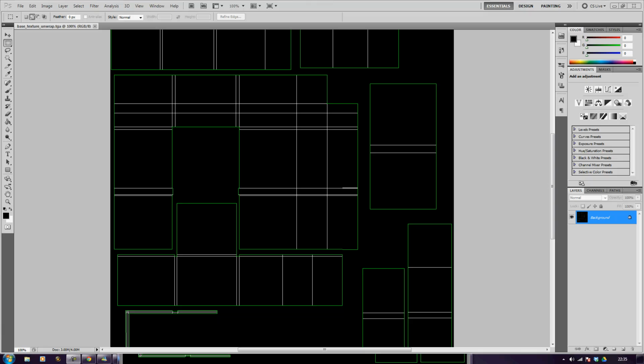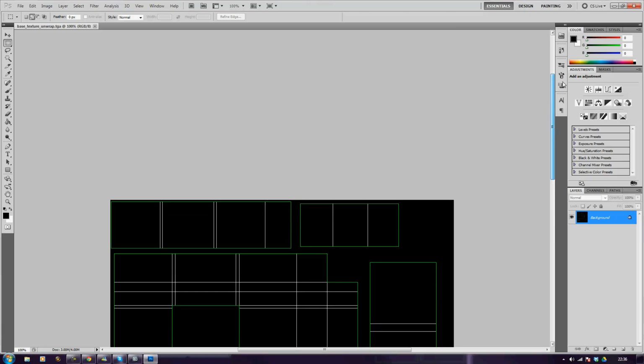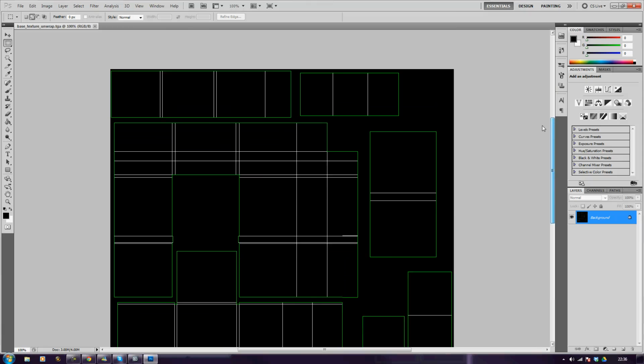Okay, so what I have here is Photoshop open with the rendered out texture that I just built. Now I've got this loaded in as my background, and what I'm going to do is create a new texture on top of that. That's just obviously my new layer here. This is the one that I'm going to use to kind of build on, so I'm just going to do a flood,